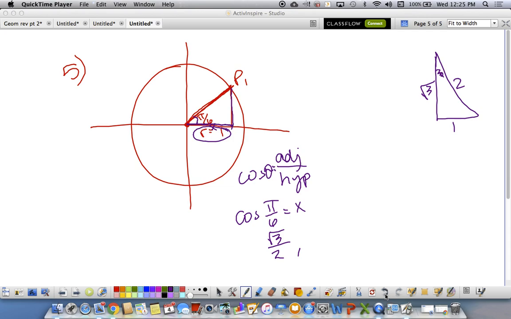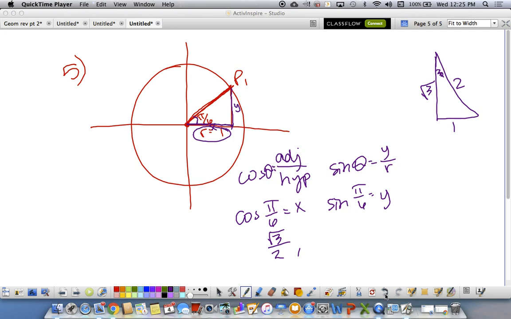So sine theta equals what? The opposite, or the y over r. So sine of pi over 6 equals y over 1, or just y. When do you need to put x equals and y equals? Why do I need to do that? I put P1 equals square root of 3 and 1. Yep. But